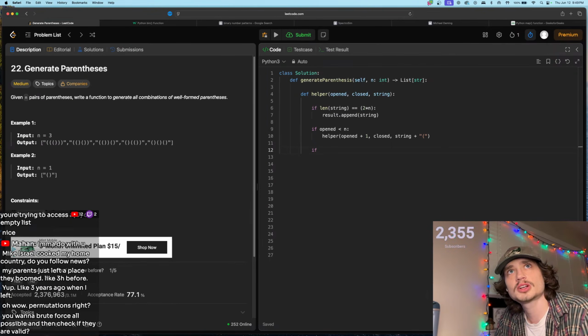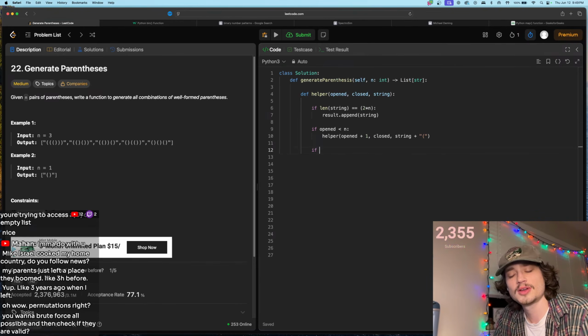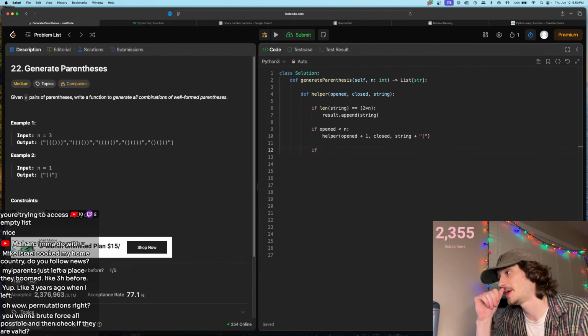You can't place a closed string if you have fewer open strings than you do closed strings, right? Because you can only place a closed string if you have more open strings than you do closed strings, because there is an unpaired open string, an open parenthesis, right? Let's say you have 3 open parentheses and 2 closed. Well, one of the open parentheses is open still. Okay, so